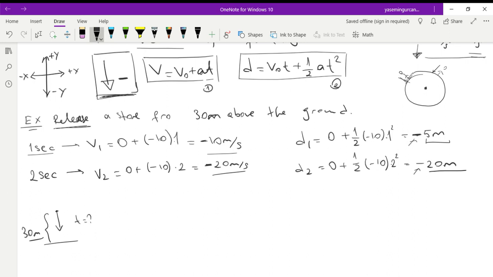In that case, you can use the equation number 2, because you know the distance and the initial velocity is 0, and you know the acceleration, so you can solve for time. So in this case, let me write this here again and substitute our values to solve for time. In our case, distance is going to be, because it's going to fall downward again, minus 30, right? This whole 30 meters are going to be used because it's going to fall and hit the ground. That's the time that we are trying to calculate. Your initial velocity is 0, and so you have minus 10 for the acceleration, and t squared that we need